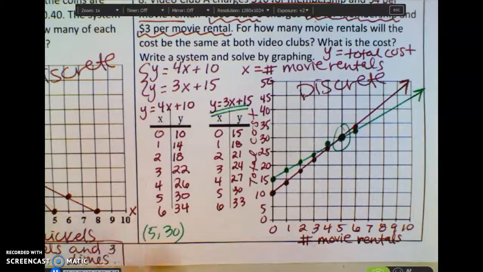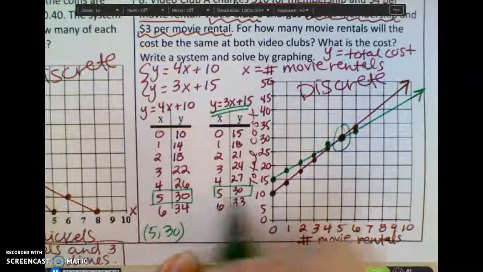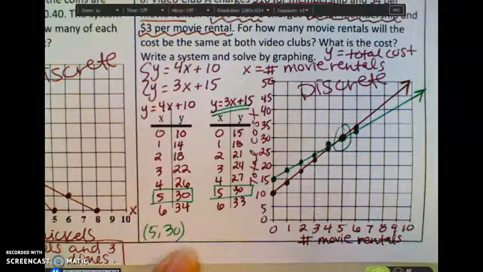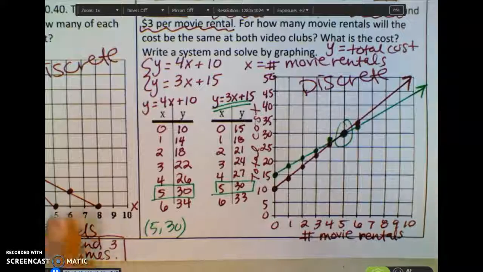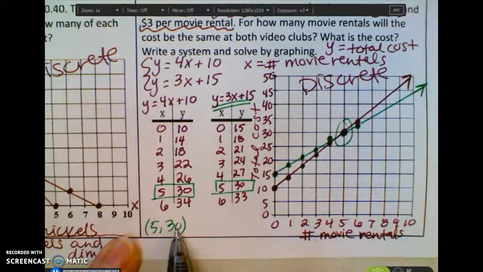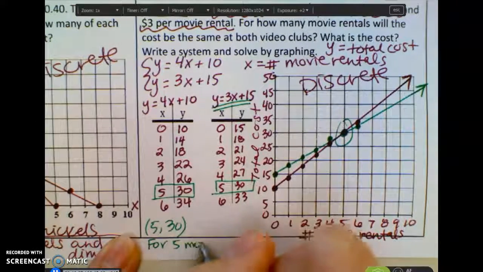Is there another way we could have found that? Look at those tables. What is the only point they have in common? (5, 30). That is our solution. That's the one point that satisfies both equations. So then before we're done, we just need to put this in context. 5 stands for movie rentals. 30 stands for cost. So for 5 movie rentals,